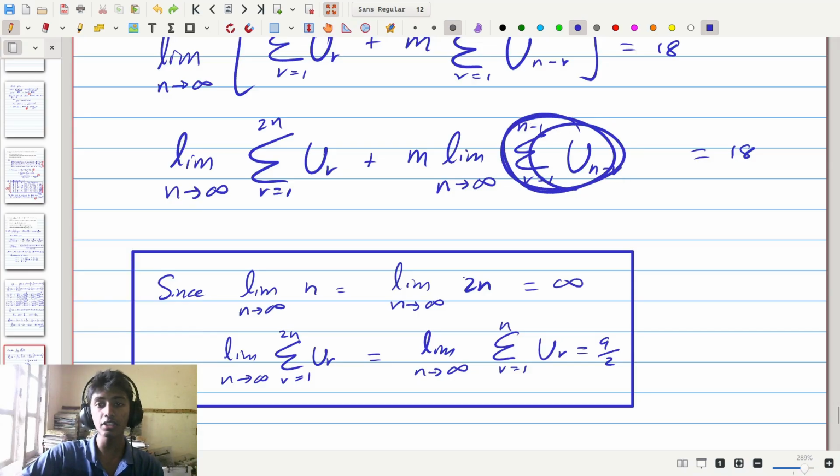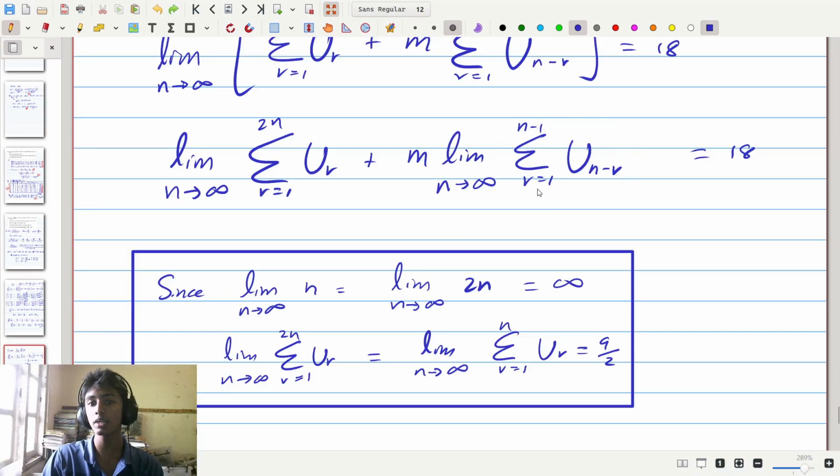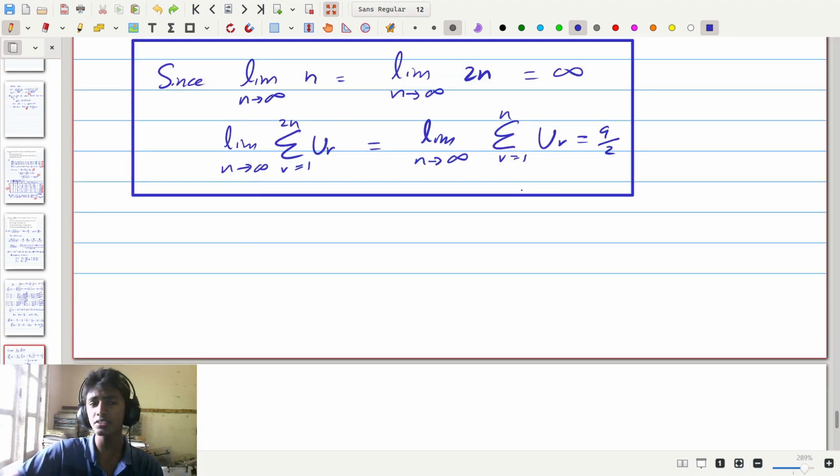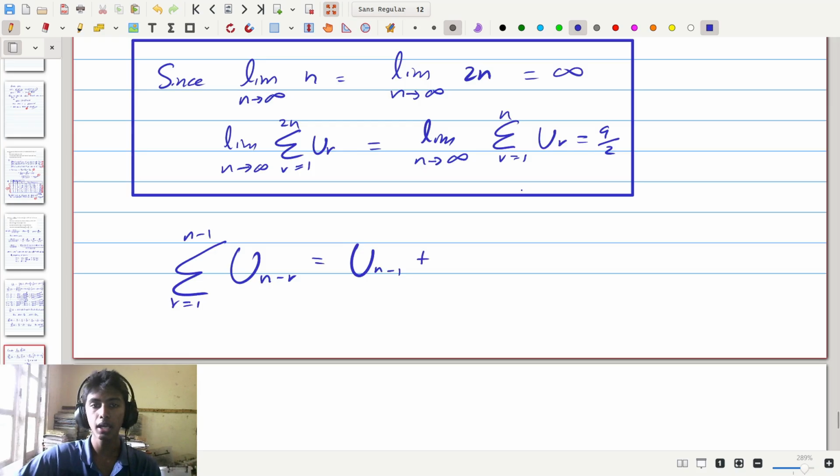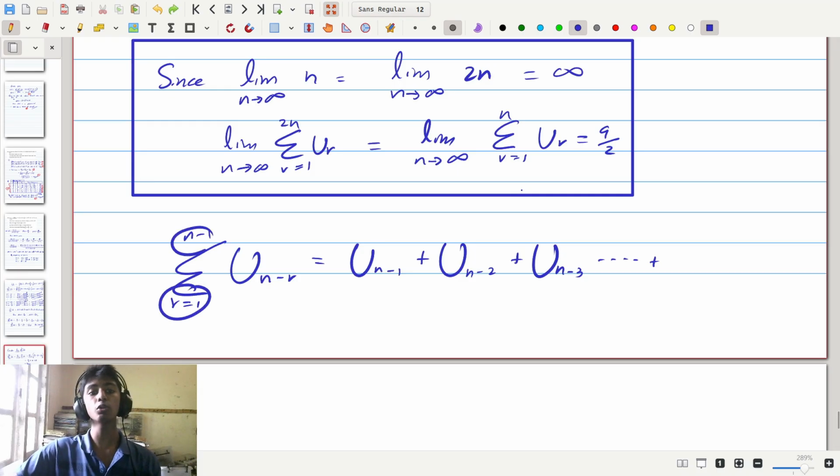Now if we consider this sum, we have the terms from r equals 1 up to n minus 1 of u of n minus r. If we just write out these terms, the sum from r equals 1 up to n minus 1 of u of n minus r is going to be equal to the value at r equals 1, which is u of n minus 1, plus the value at r equals 2, which is u of n minus 2, plus the next value, which is u of n minus 3, and so on and so forth,